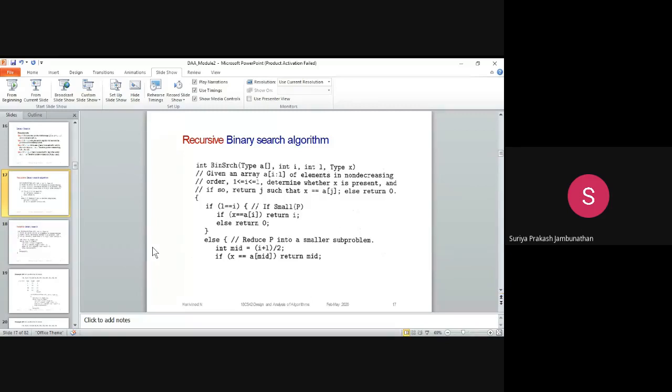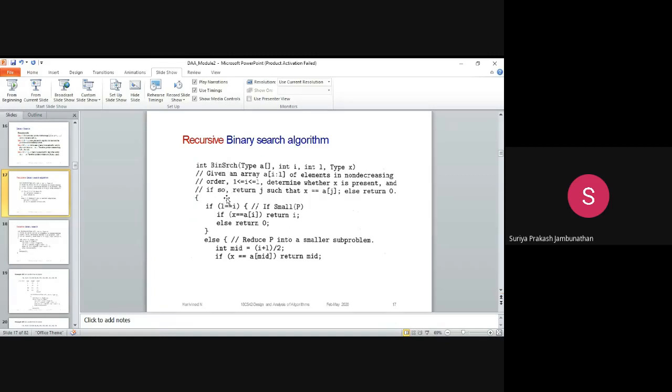In the programming code we have BIN search, and they have the list of elements as an array. A of array size is given because we have to give all the elements in the array. We start with the first element as int I, the last element as L, and the key element as X. So this is the notation of the method function, how they are representing the binary search.